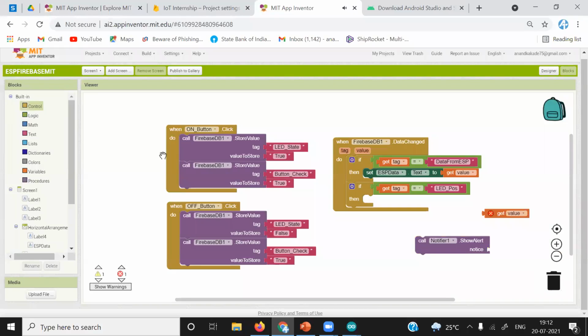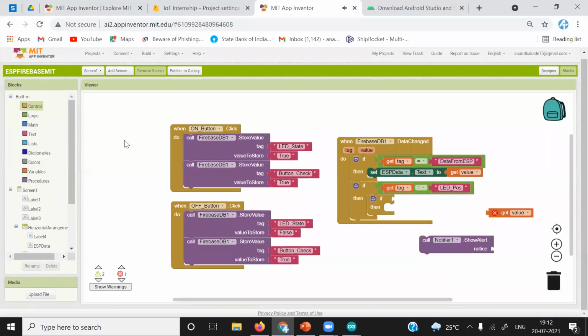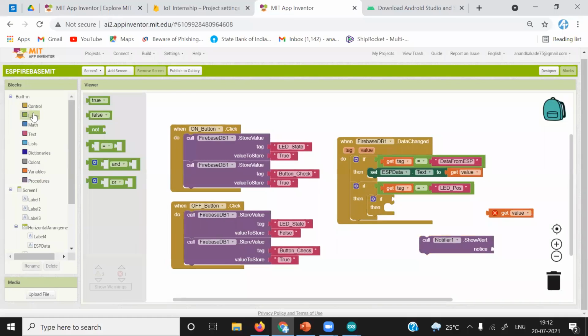I'll just make it if. Now, if the value we have received is true, we'll compare it.